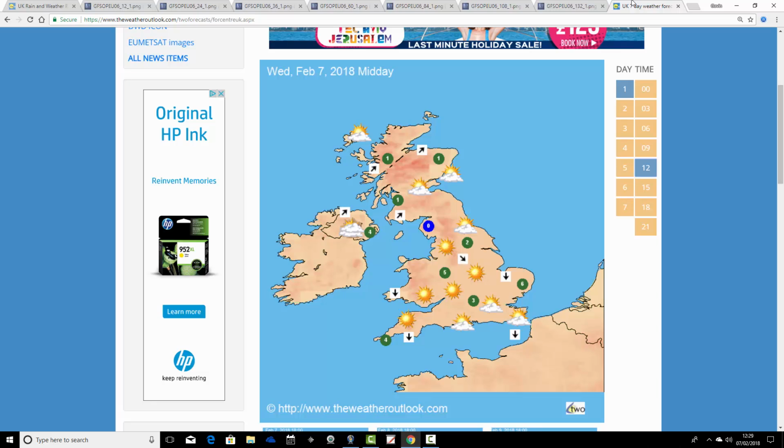Finally, just having a look at charts from Weather Outlook. So loads of dry weather coming up today with sunny spells, but cloud and rain will be setting into the north and to the west as well. Tomorrow looks quite wet and windy across the central parts of the country, mainly dry in the south and the southeast. That wet weather pushes across the country through the course of sort of Friday. Might be some snow for a time in the south and the southeast on Friday morning before that clears away,